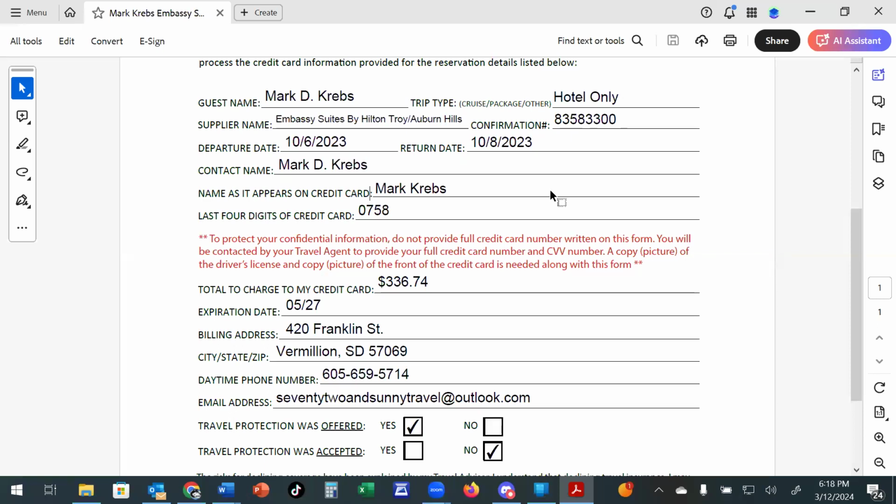So Letitia asks, what if their addresses are different? That brings up an interesting point because that would be a third-party card. And I would not take that unless you absolutely know and trust the people. So if you know them personally, then you can do that. But a third-party reservation like that is risky